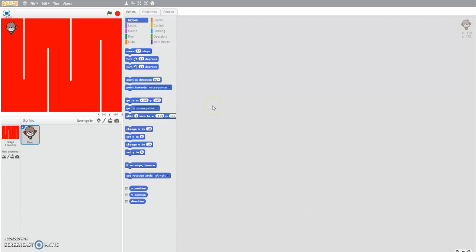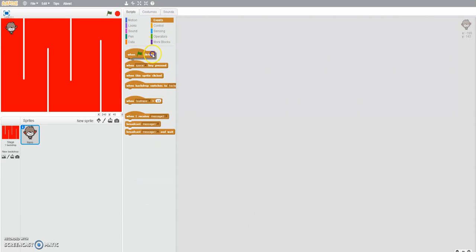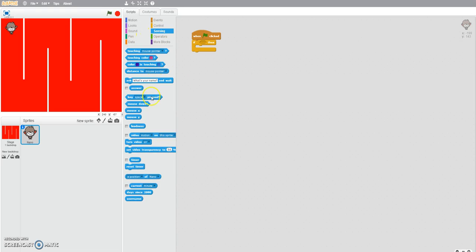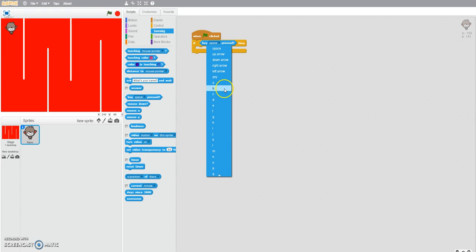The next step asks you to create some code blocks that allow you to move your sprite. So we're going to start by saying when green flag clicked, and then we're going to use an if-then statement. So what we're going to say is if the up arrow is pushed,